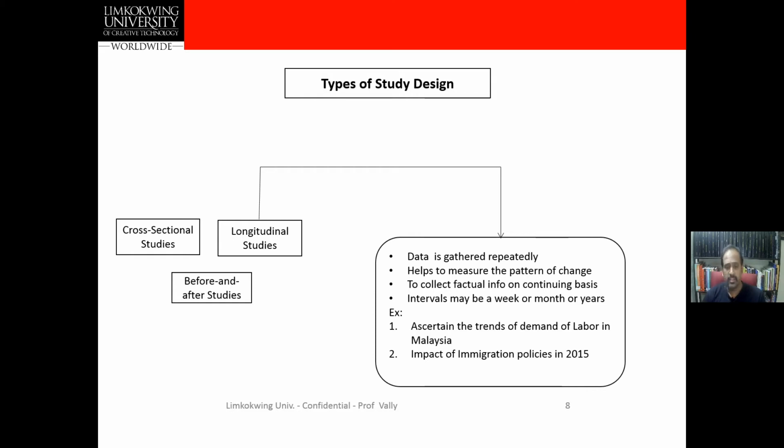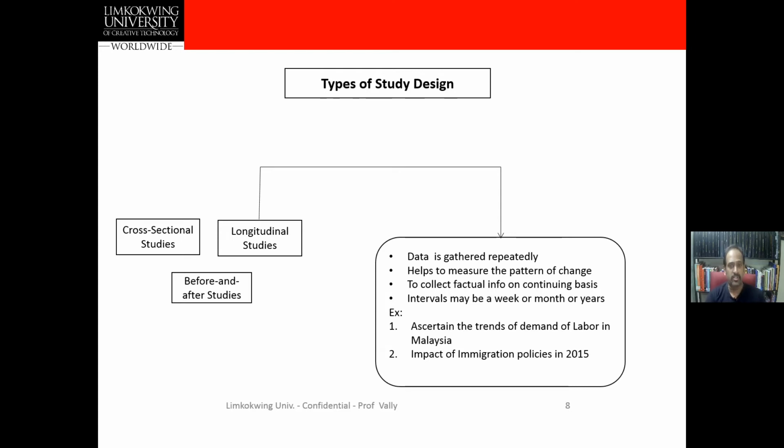In Malaysia, people say that we have got certain kinds of jobs where they recruit foreigners. So I want to know how Malaysia is recruiting foreign students, foreign employees, foreign laborers. So here, what happened in 2016, what happened in 2017, 2018, 2019, 2020. So for the 5 years I am doing a study. I am trying to ascertain the trend, how the labor recruitment policies in immigration are happening in Malaysia. It's consistent. I'm not doing it for 1 year, I'm doing it for 5 years.